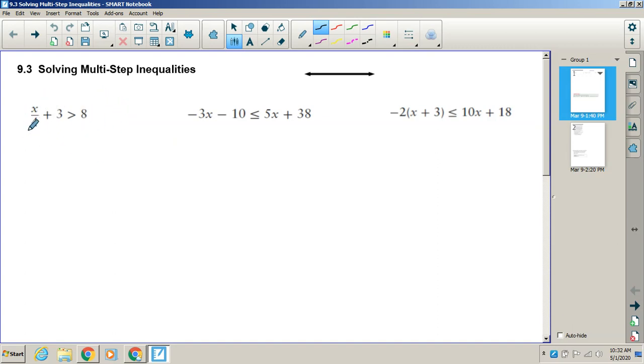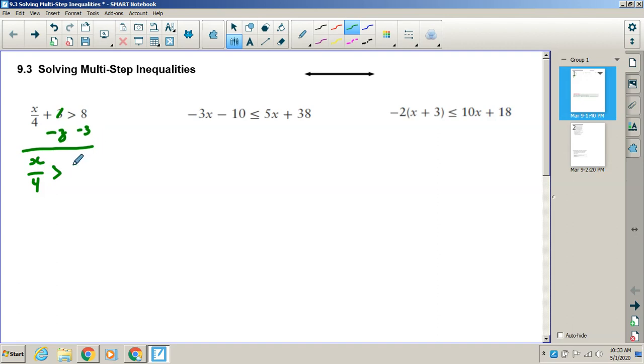So let's start with this one. x over 4 plus 3 is greater than 8 is my inequality that I need to solve for. Just like we did algebraically before, I want to get this x over 4 all by itself. I want to isolate that piece with the variable. So the first thing I am going to do is get rid of the 3 through opposite operations. I'm going to subtract 3 from both sides. What I do to one side, I do to the other. And what that leaves me with here is x over 4, and I have that greater than symbol, and 8